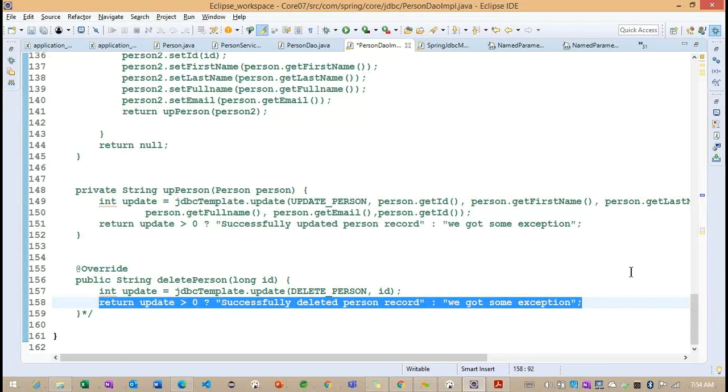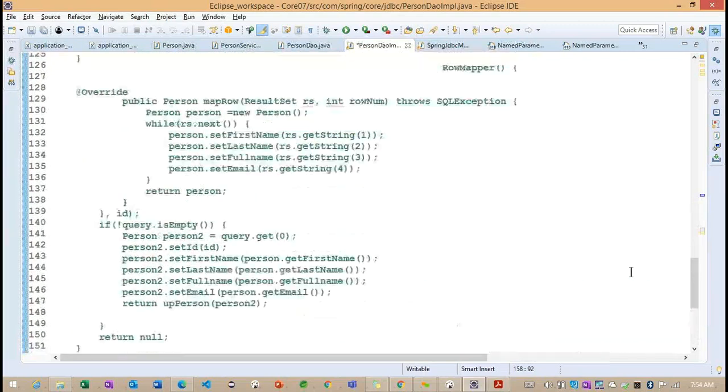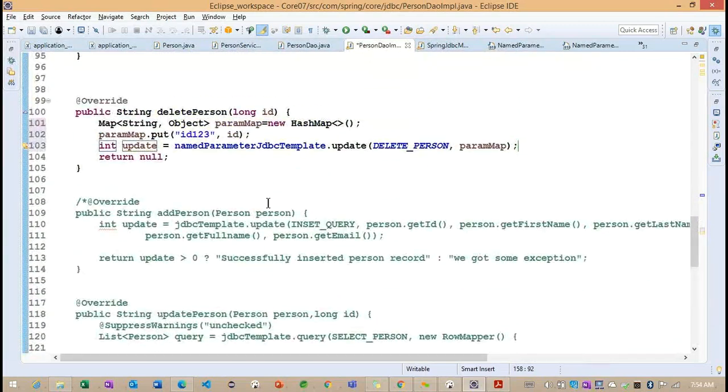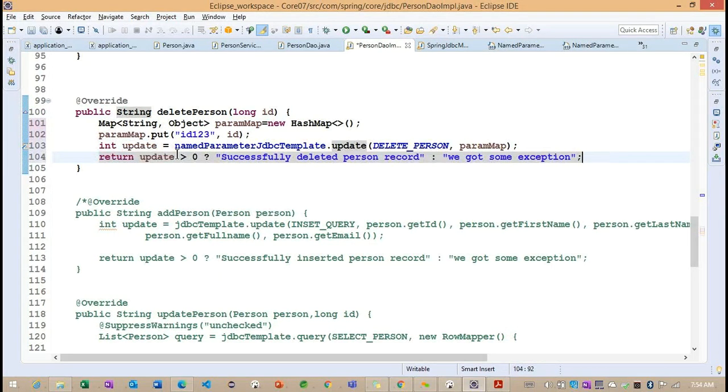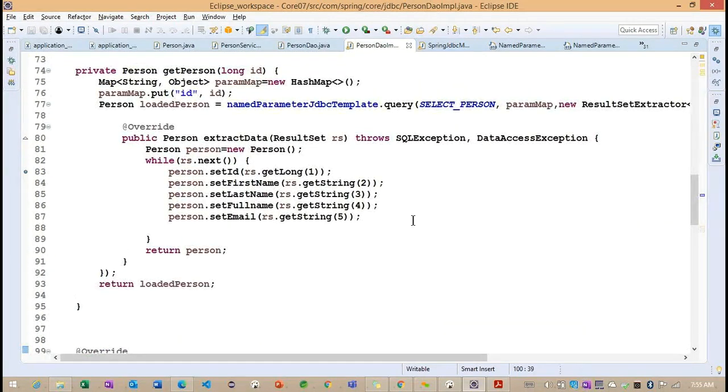So update is nothing but, if the record is successfully deleted here, we are going to get the particular int count, 1 or more than 0, like greater than 0. So if the condition is satisfied, this particular message we are going to get, otherwise we'll get this particular message here. Okay, now we can understand what ID we are going to specify. So based on this particular ID, we are trying to delete the record from the database.